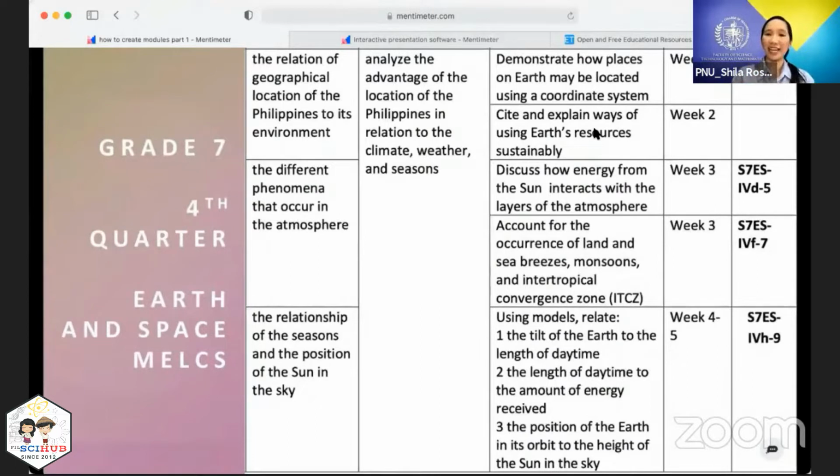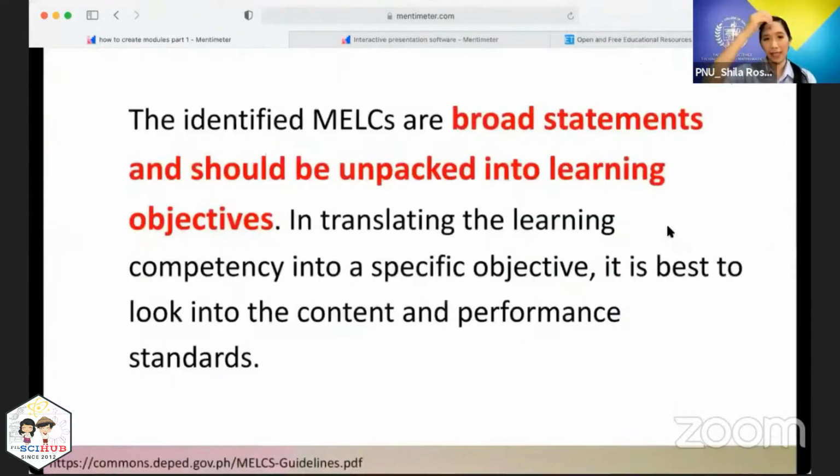Okay, it's not just identifying what they are, right? It has to also reach the part of how we can use them sustainably. So it's becoming much more encompassing. So that is the MELCs. Okay. So again,